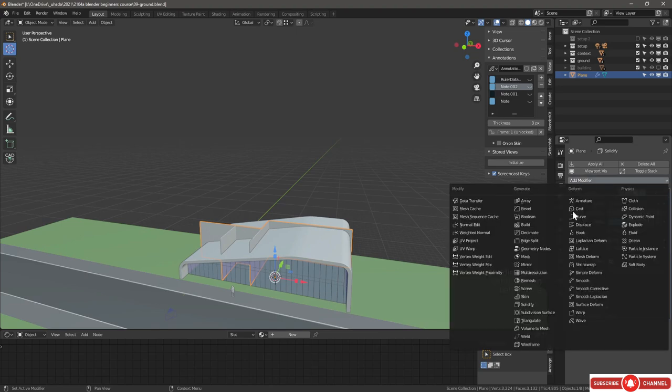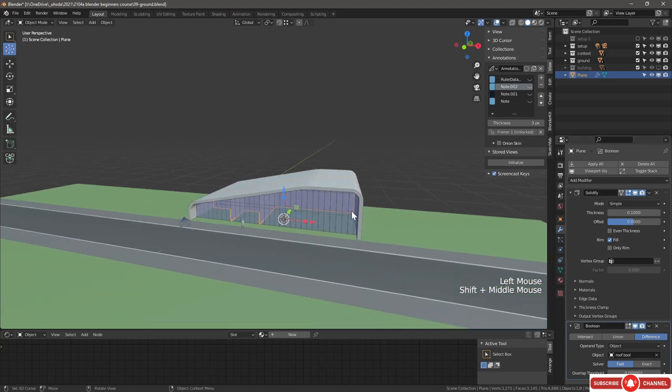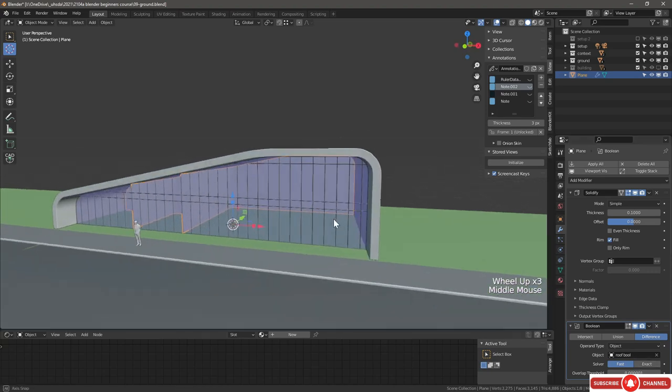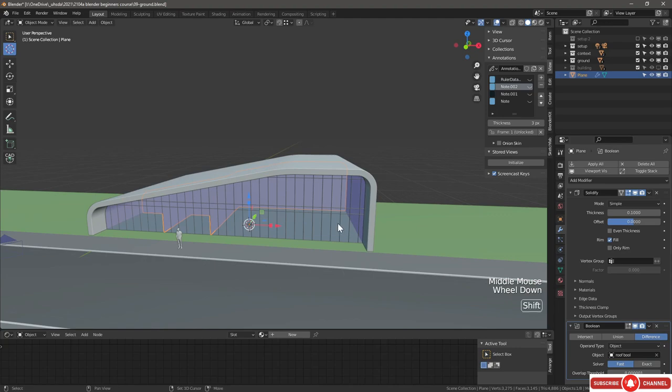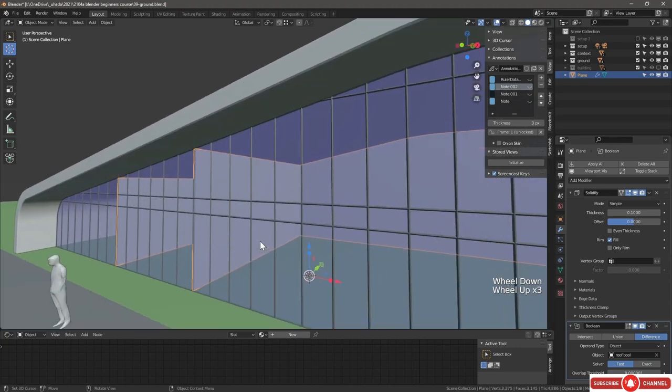Next, let's add a boolean, and we want to use roof boolean, roof bool. If we click on fast, it actually does a better job with this kind of model than the exact one. I'm really happy there's two, by the way. That's our wall. So the only thing we want to do is create some sort of opening here between the